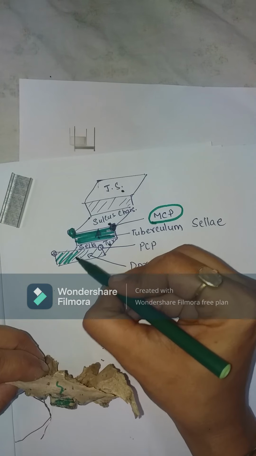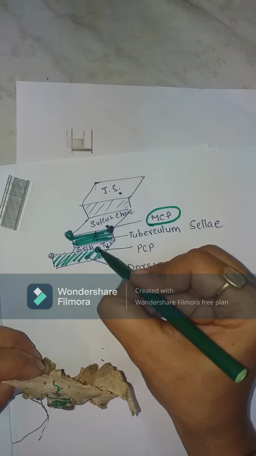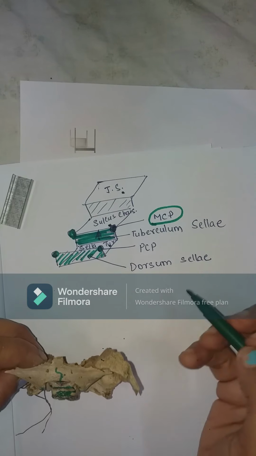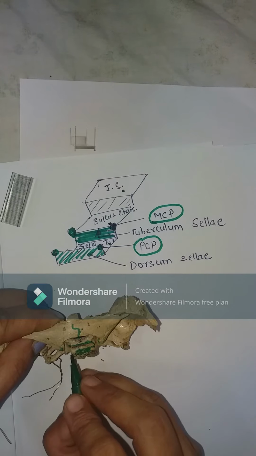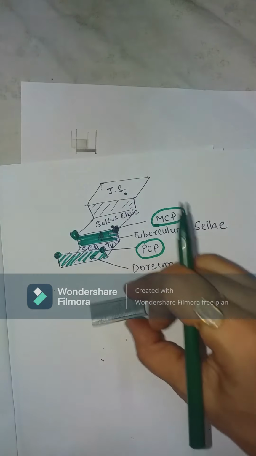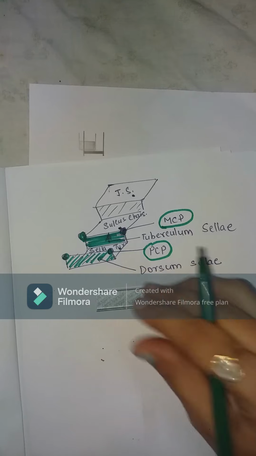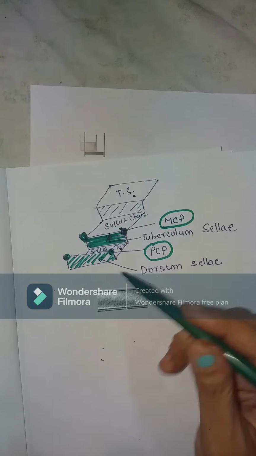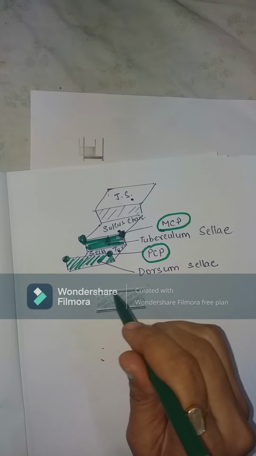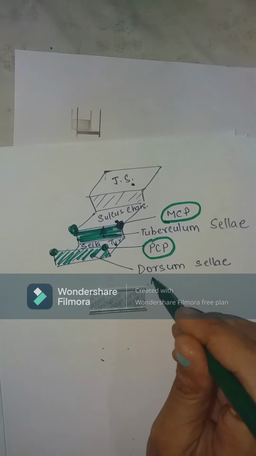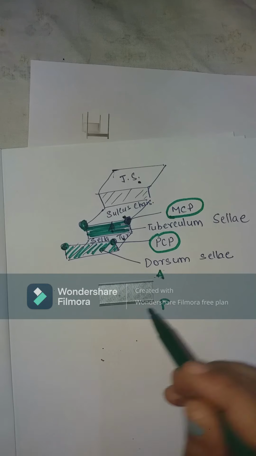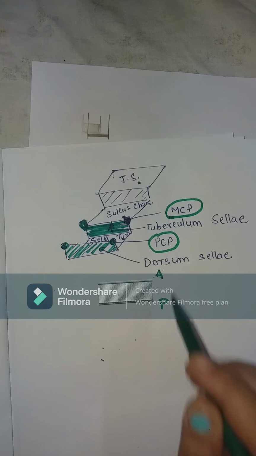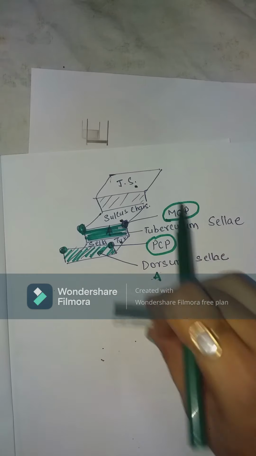Let me clearly make it for you. And the lateral ends of which are called the posterior clinoid processes. So posterior clinoid processes are here. You know what? I just got this, this is the stapler. This is the same as the sella turcica. So this is the sella turcica, this is the tuberculum sellae, if I consider this part anteriorly and this part posteriorly. These are the middle clinoid processes and these are the posterior clinoid processes. I'm going to eat your head about these processes so that they never bother you.